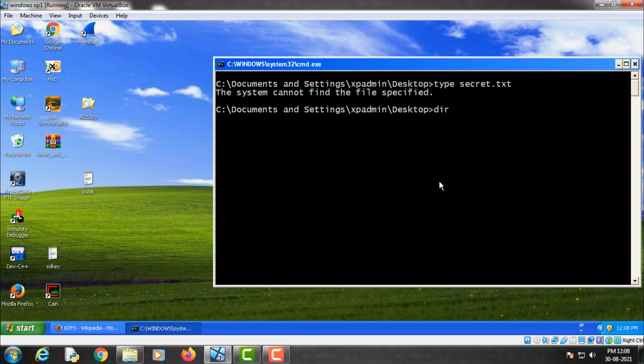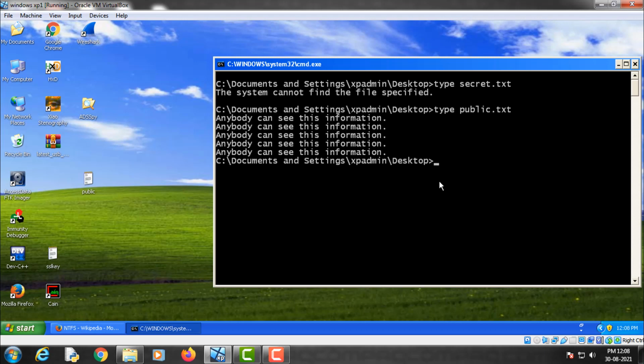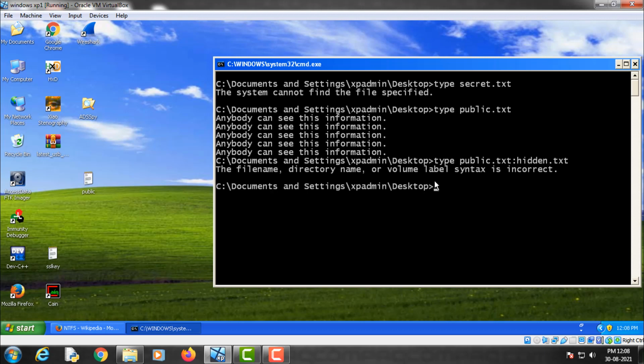Sorry, the name of the file is public.txt. So you can see the content of this public.txt file. But if I try to see the content of this hidden.txt file, I get this syntax error. It says the filename, directory name, or volume label syntax is incorrect. So how can we see the content of this hidden.txt file?